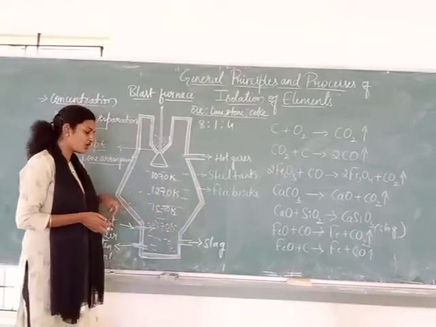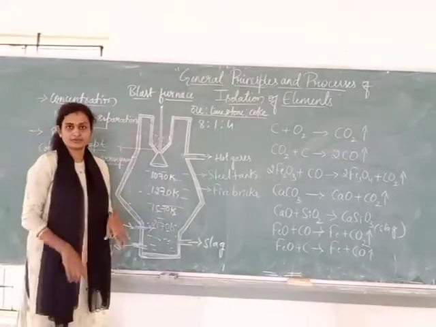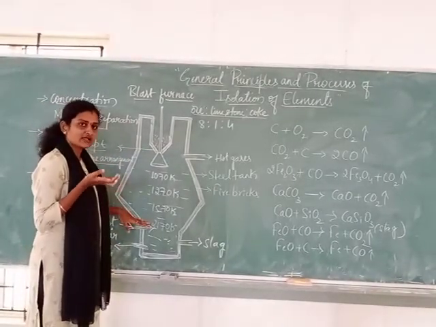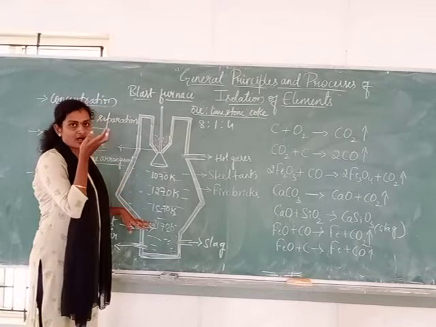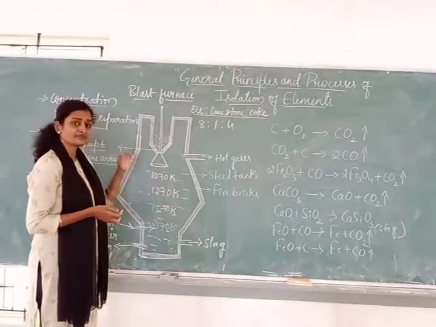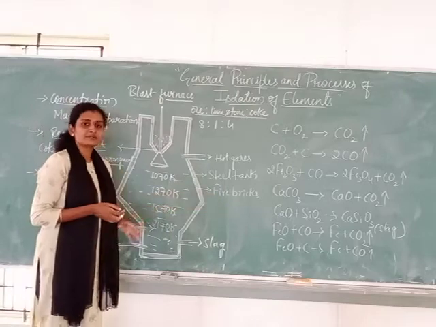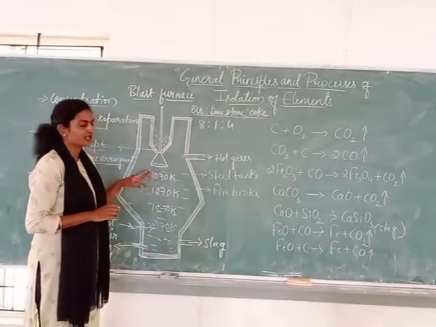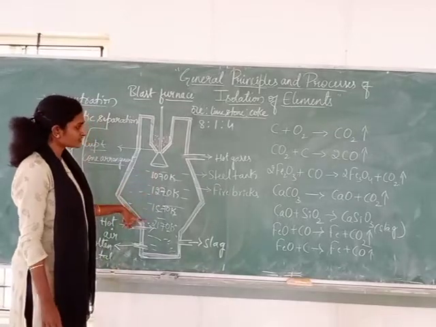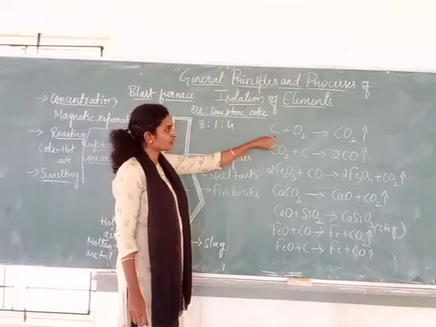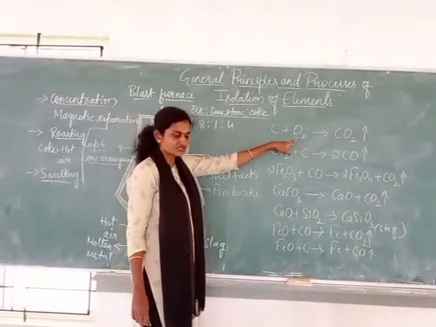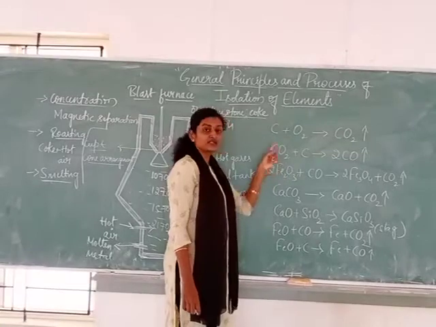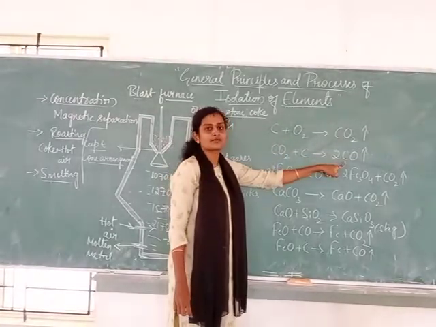This heat is produced by the hot air along with carbon. And once the gas is formed, and you know that gases are lighter, they will gradually come up. As it goes up, fire bricks are going to absorb the heat and gradually the temperature is going to reduce. And the produced carbon dioxide, here you can see coke combines with the hot air, oxygen, to produce carbon dioxide. This carbon dioxide further reacts with the coke to form carbon monoxide.